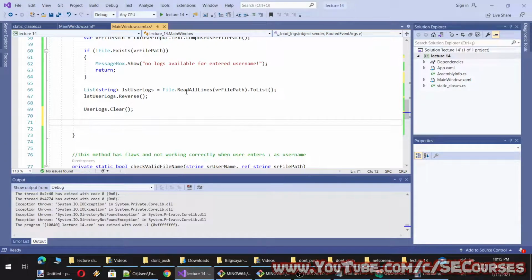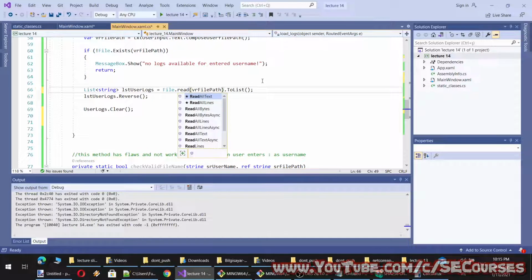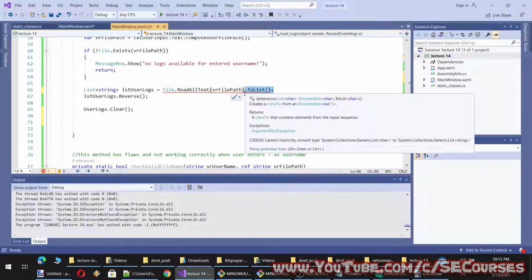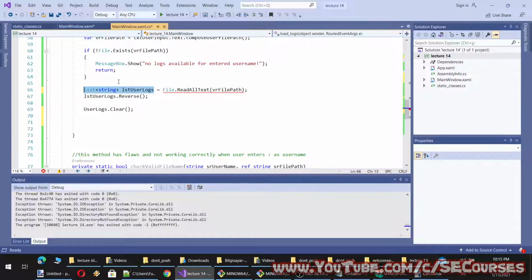Okay, so because we support multiple lines, read all text, and let's say user log, or let's say entire logs, and okay, to be able to reverse it, okay, I know what I need to do. So after we read all text, we need to split it with line separator,